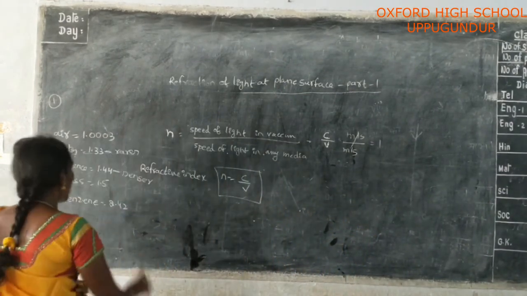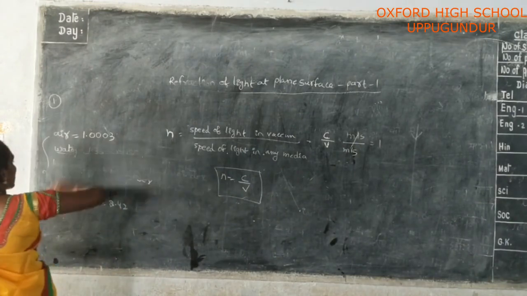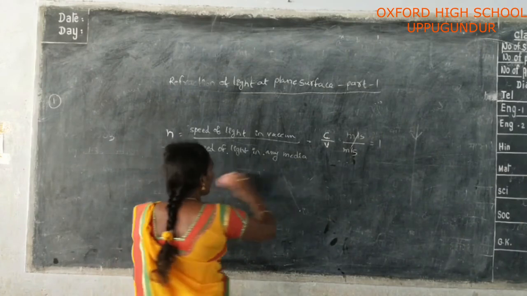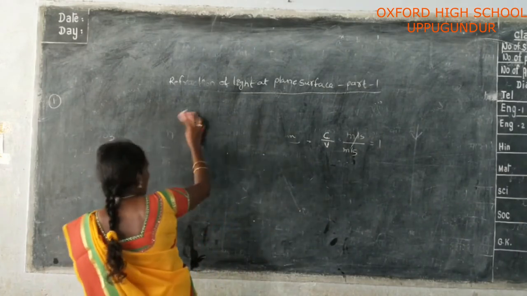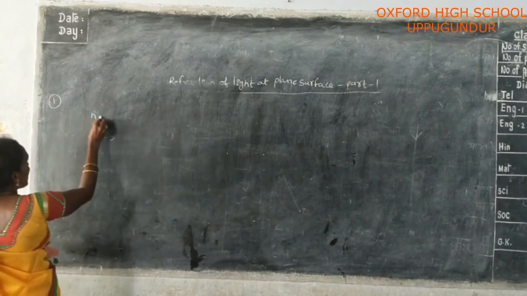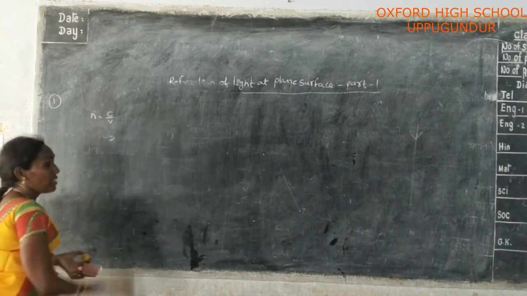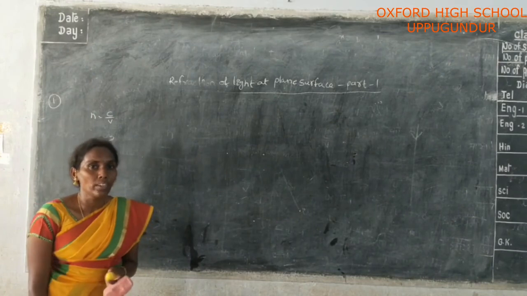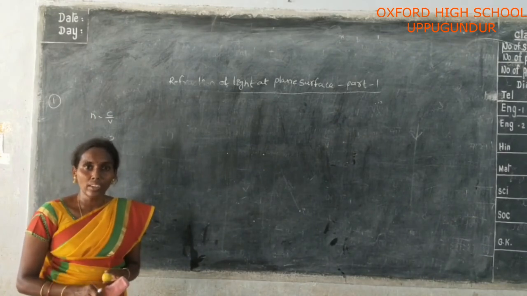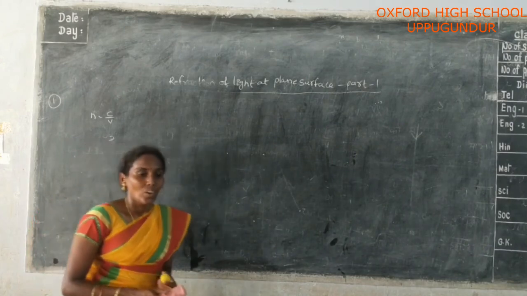See the next one, relative refractive index. Relative means comparison. Refractive index n is equal to c by v. And next one, relative refractive index. Based on another medium, refractive index can be defined. Okay, now,